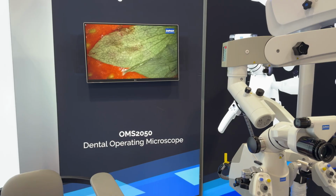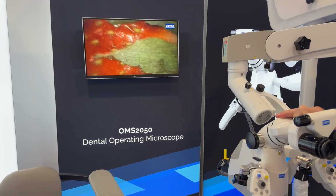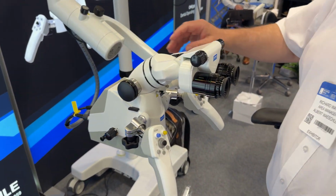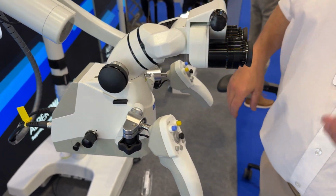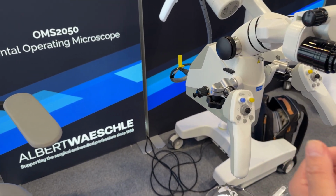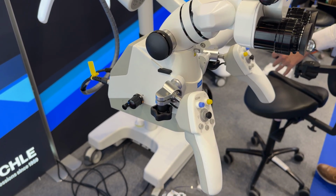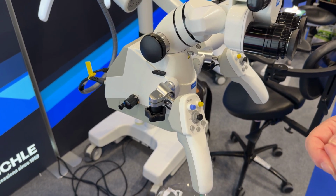It has a rotation ring on the binocular eyepiece there, so you can move these around. If you're moving the head from one side to the other, you can correct that vision. And it also has beam splitters here, so you can attach mobile phone mounts. There are various different options on this one. We can have an anti-reflection model on it, so you get less reflection from any kind of shiny object. And you can also get...